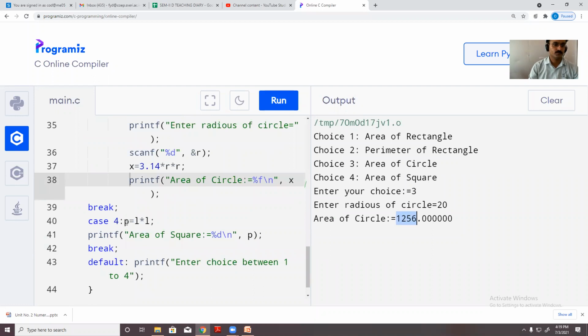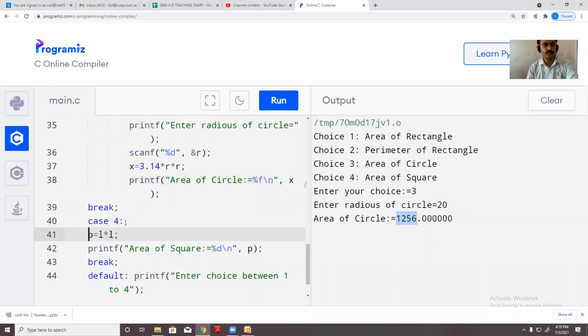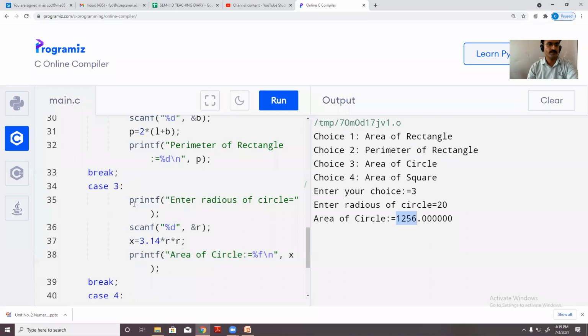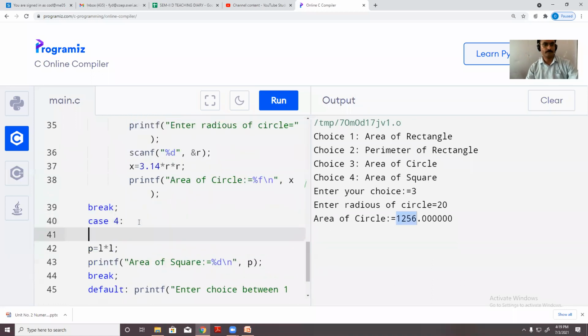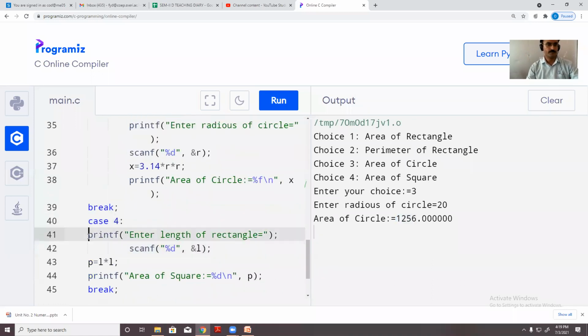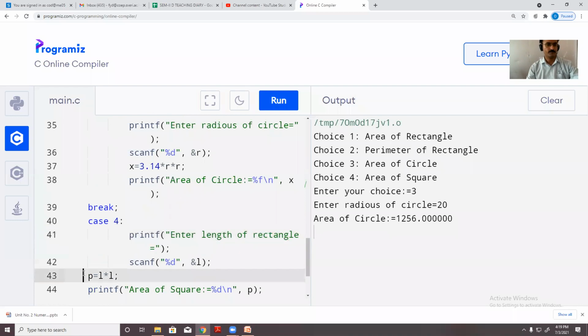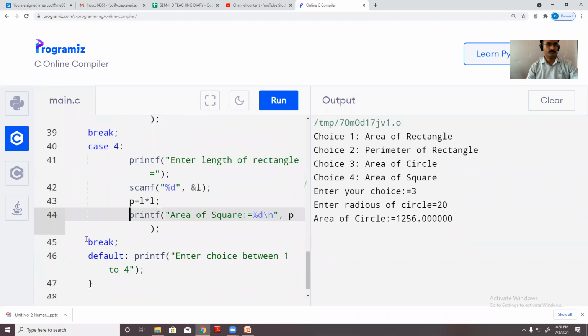Now go to the next statement, that is area of square. Here also I need only length. Length of square.